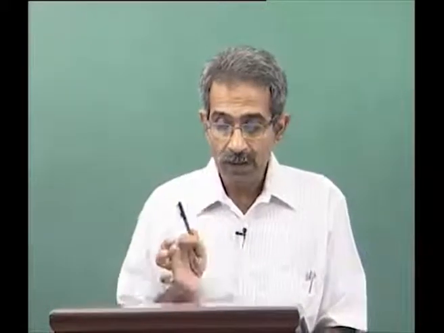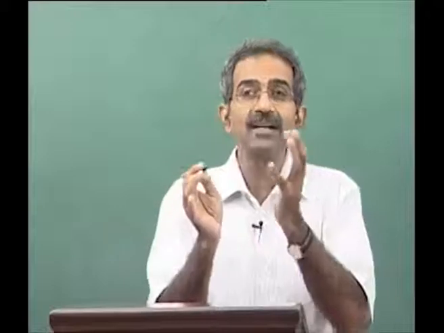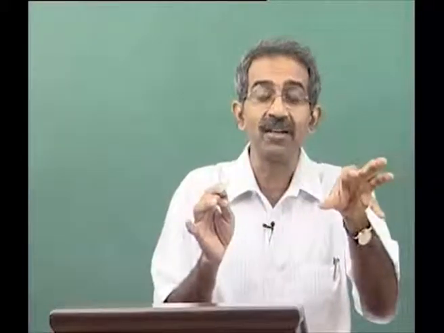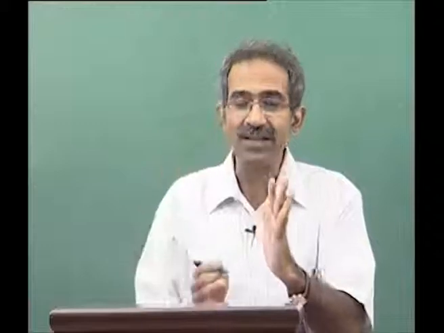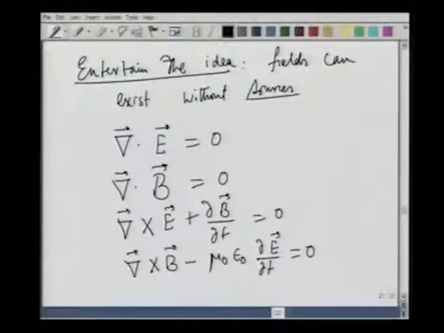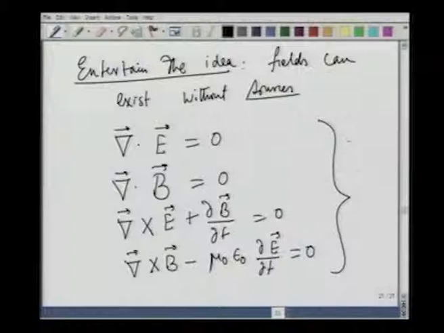Let me repeat the viewpoint that I have been propounding. I said that delta B by delta T is the source for the electric field, and what is that electric field? It is completely transverse. There is no divergence part. By the same token, mu naught epsilon naught delta E by delta T is going to produce a magnetic field which is divergence free. Therefore, these equations are consistent. No rho, there was divergence E equal to 0. Therefore, you produce a curly electric field and a curly magnetic field. That is what we are saying.